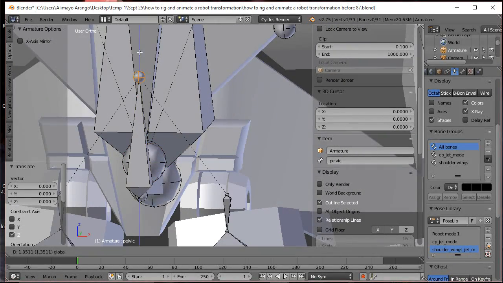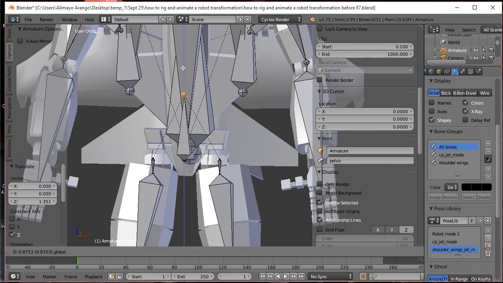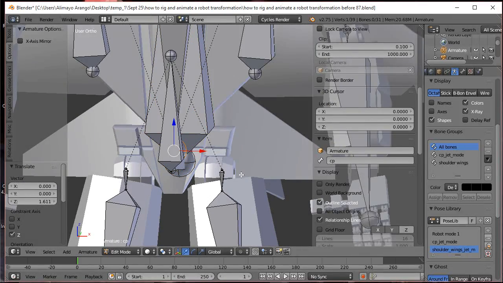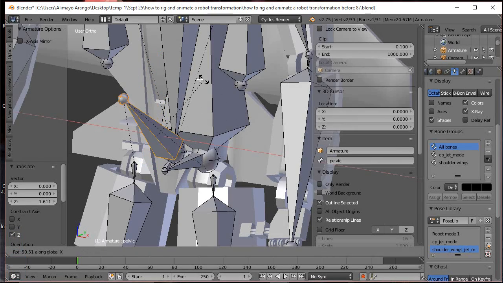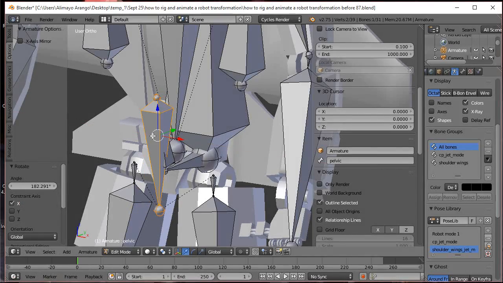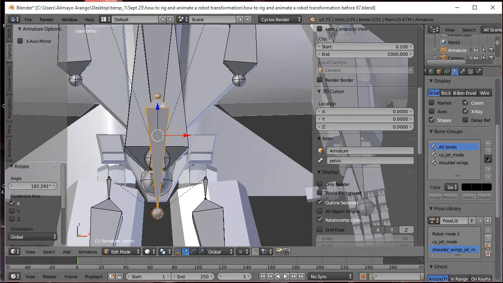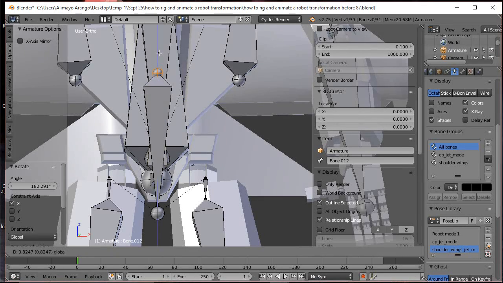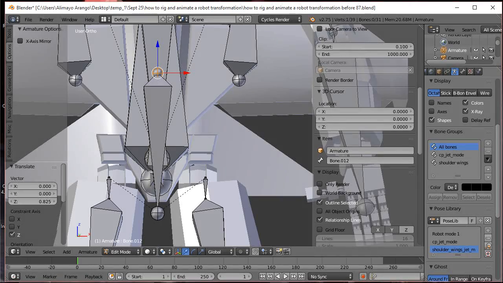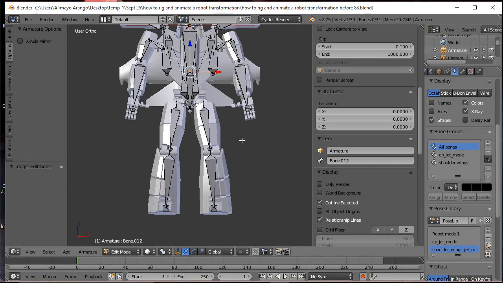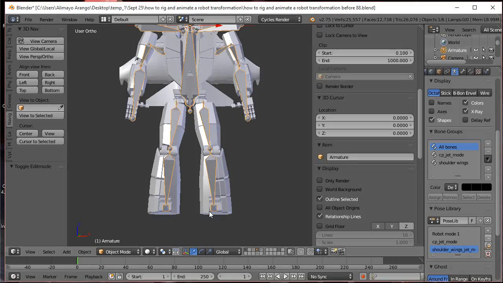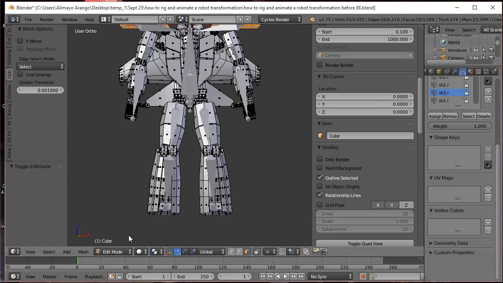Select right here and pull this up to about here. I'm going to select the whole bone. I'm going to press R to rotate on the x-axis. Like this. Left click to lock in. Pull it up a little bit bigger like that. Okay, now what we're going to do is zoom back by rolling the mouse wheel. I'm going to hold shift and middle mouse button to pan. I'm going to click here, go to object mode, select the mesh, click here, go to edit mode, zoom in,